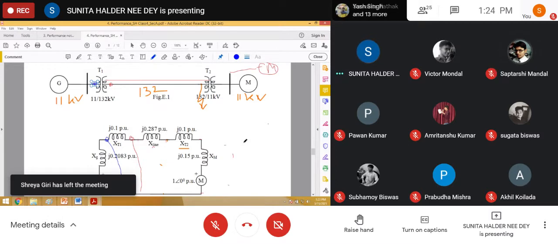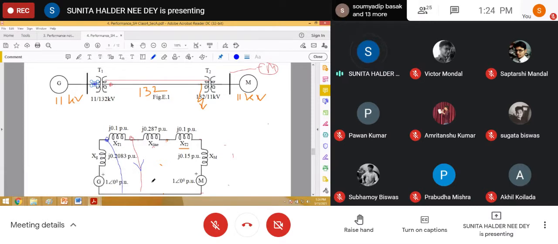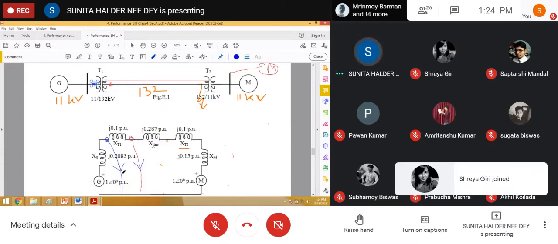Yes, ma'am. So in every case, this will be the fault current if the fault is at the HT terminal of the generator transformer. This will be the fault current if the fault is at the LT terminal. LT means low tension terminal of the generator transformer. So in this way, if you can draw the reactance diagram and identify the fault current, then the remaining thing is circuit theory. So you can do it. You try different types of problems based on this.